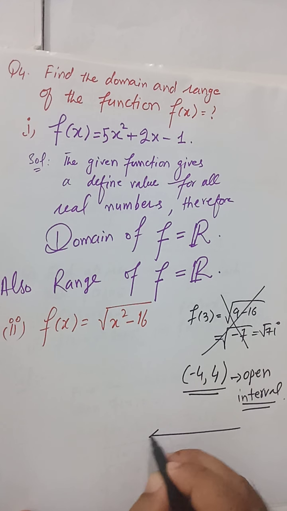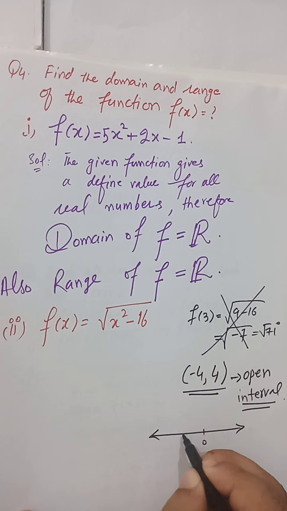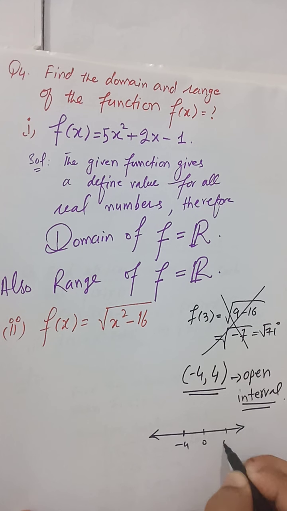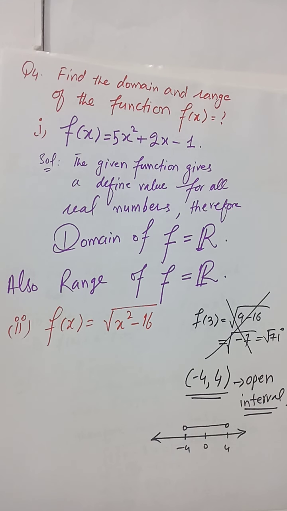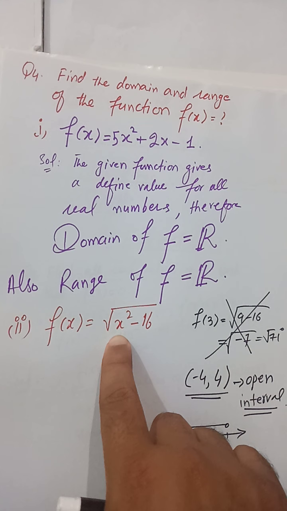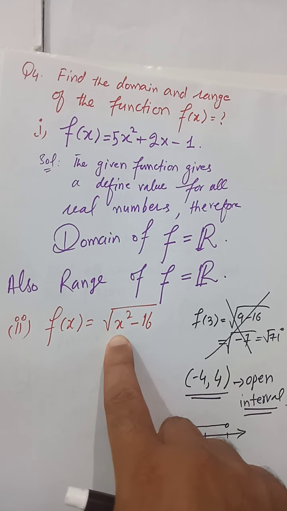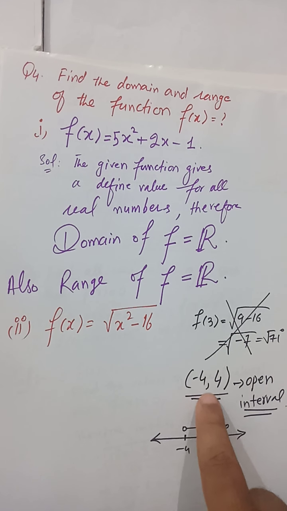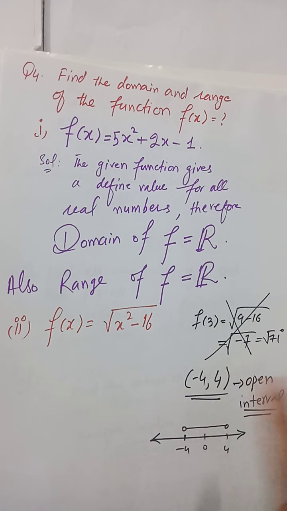If I draw it on the real line, so this is 0, this is minus 4 and this is 4. So minus 4 and 4 are not included in this interval. So you see that this is the open interval. If I choose any value which is greater than minus 4 and less than plus 4 and put it in this square root function, you will get a negative. There will be iota. So for those values the function is not defined because we are discussing real